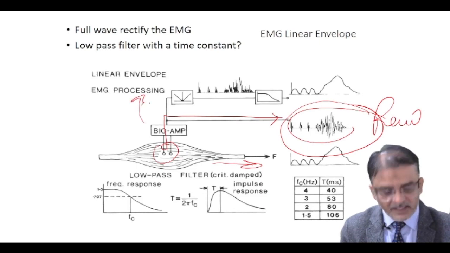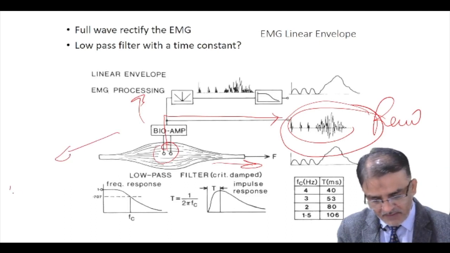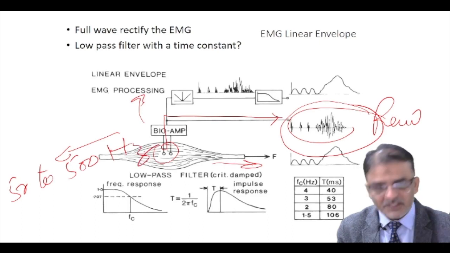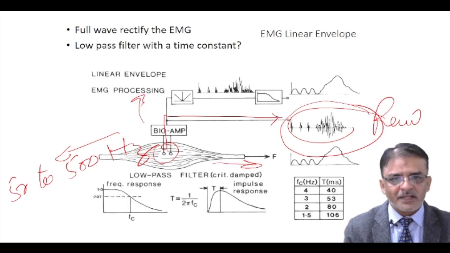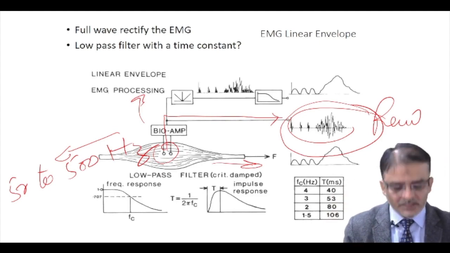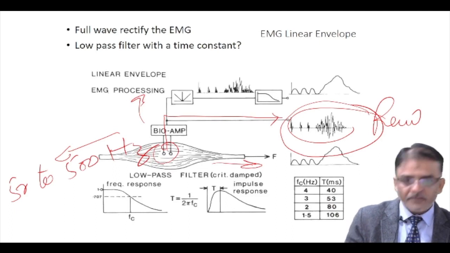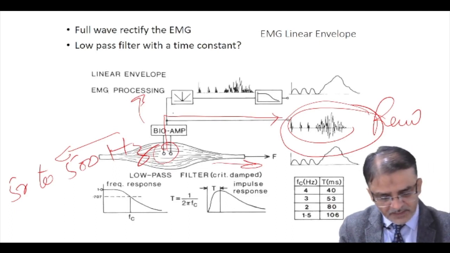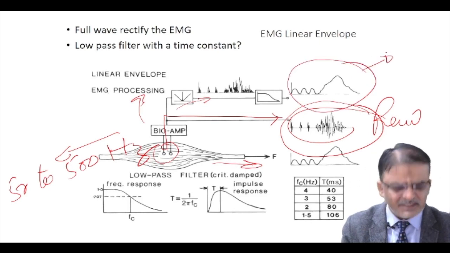If we want to filter it, we can filter low pass or high pass, because generally the recommendation is to have 50 to 500 hertz or 50 to 100 hertz EMG signals. But nowadays high frequency modulation is also applied in EMG signals, and we are going for 2000 or 4000 hertz signals, and we are trying to understand what happens when the frequency is taken high in the sampling of EMG.